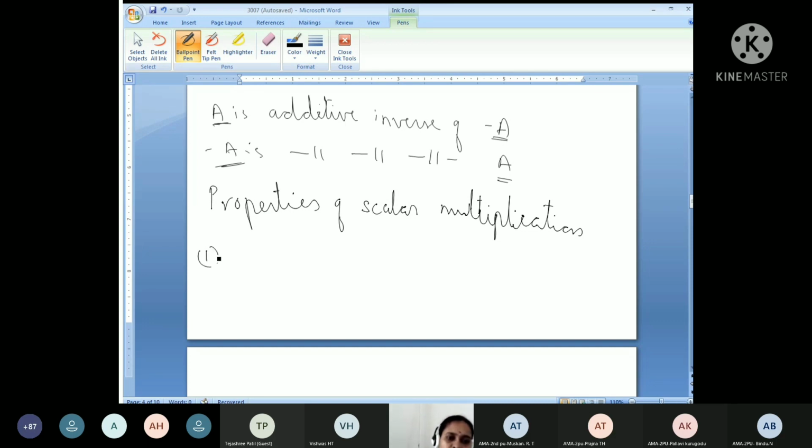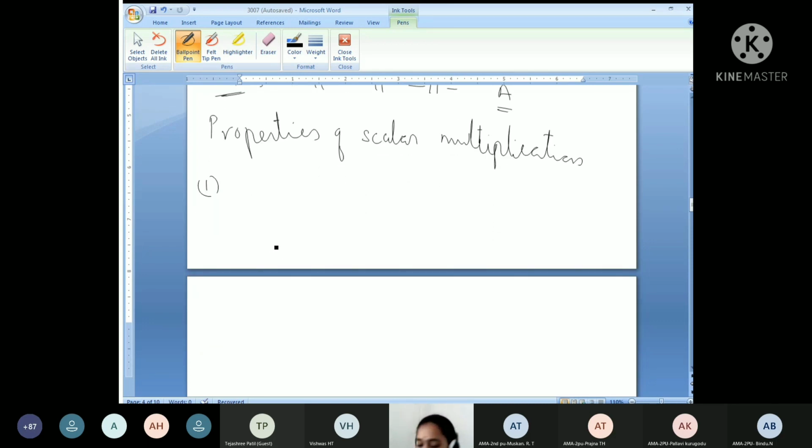Okay, so first property. What will be the properties of scalar multiplication? That is k into (A plus B) is equal to kA plus kB. This is the first property. The second property will be